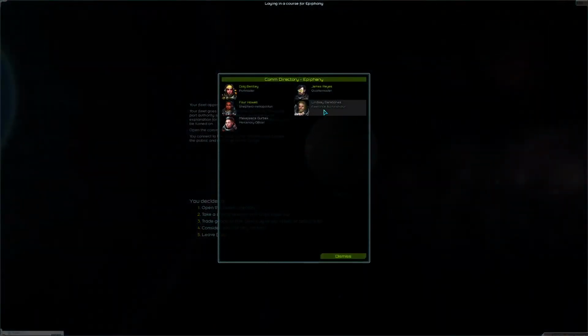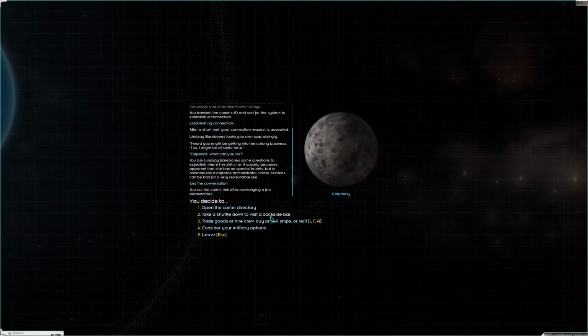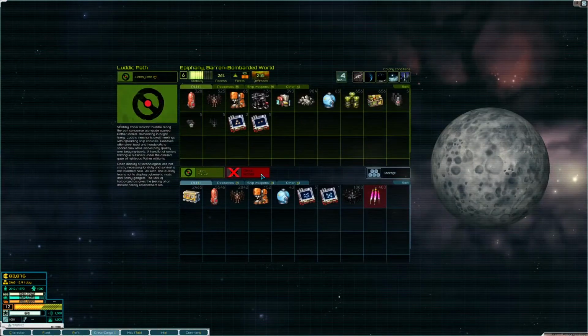Turns out, a freelance administrator. What can you do? Everyone's questions where her skills lie. It becomes apparent she has no special talents. Well done. Goodbye. Right, so